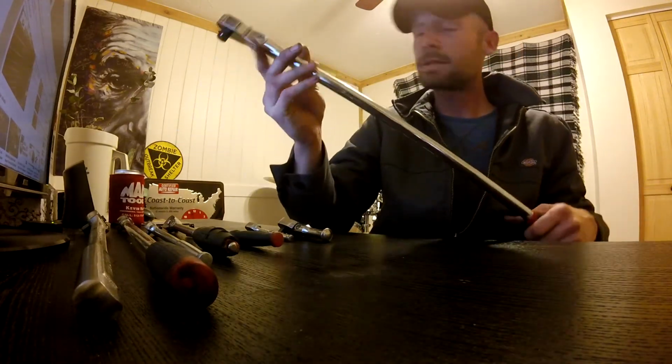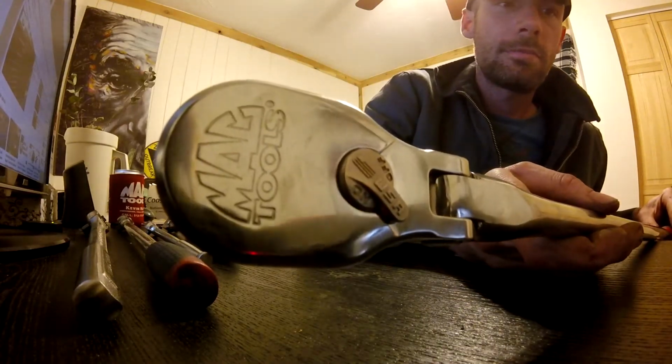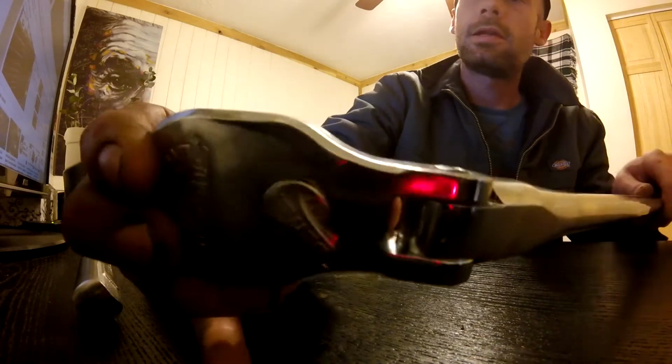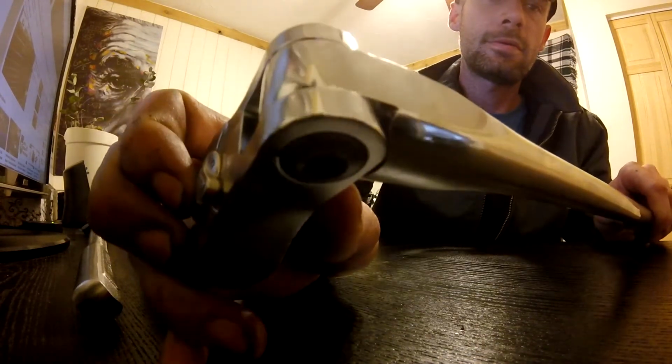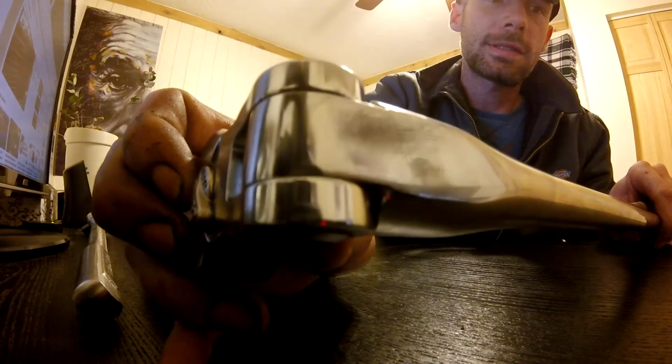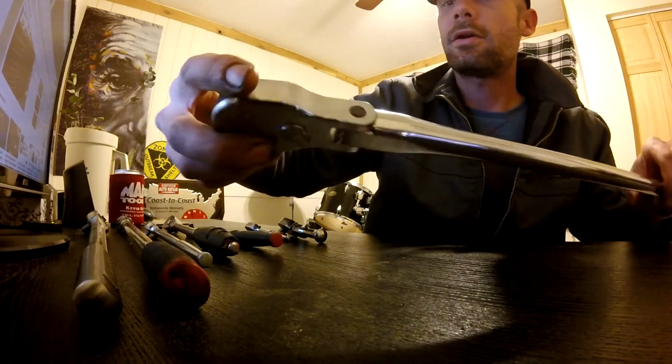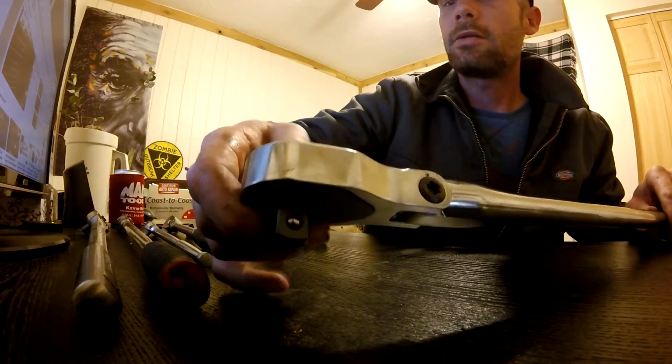But this is a 90 tooth Mac Tools 26-inch long non-locking flex head. You see that smooth, just like the Snap-on. So this is a non-locking flex head Mac Tools ratchet, and if you have seen or own Mac Tools ratchets, you'll know